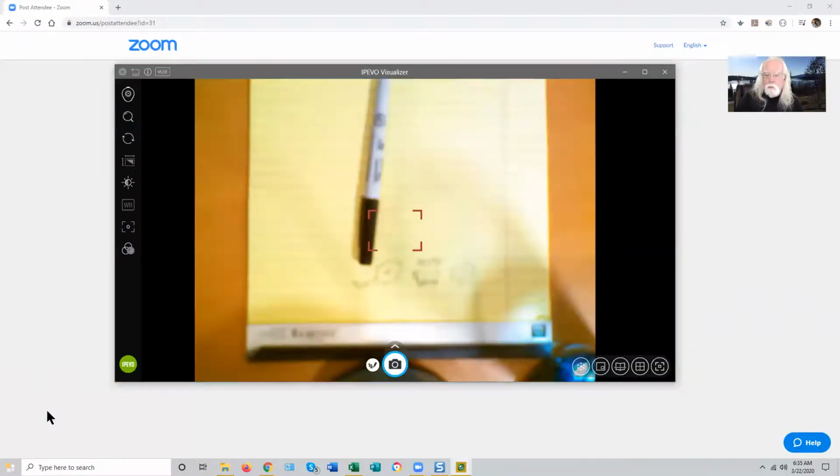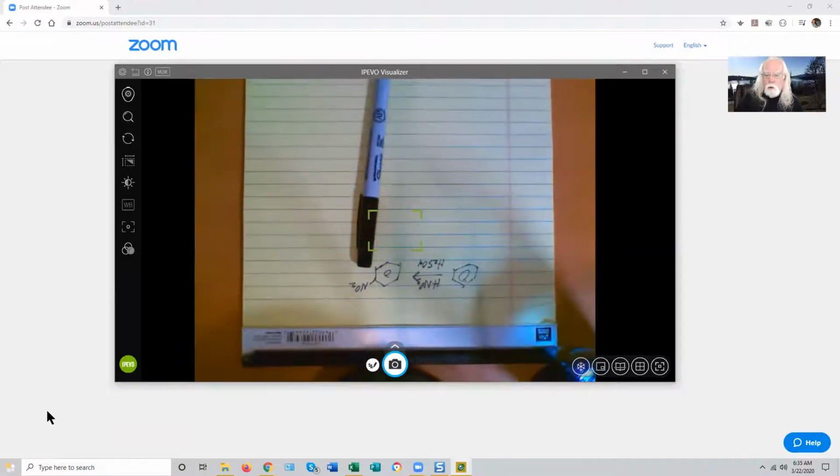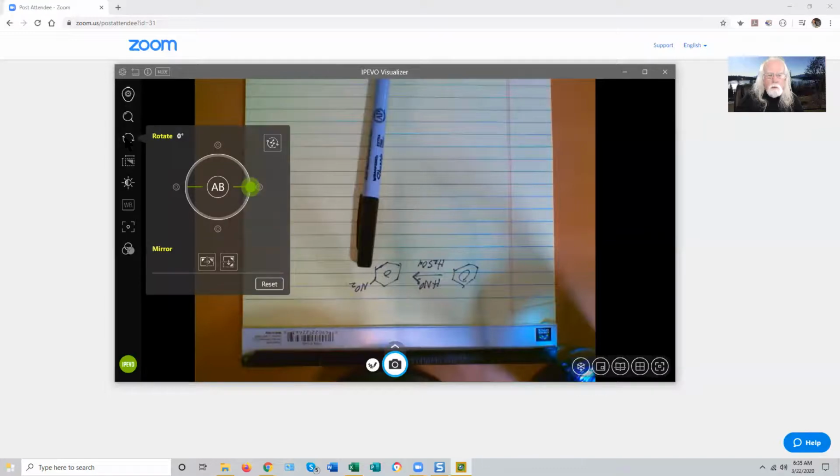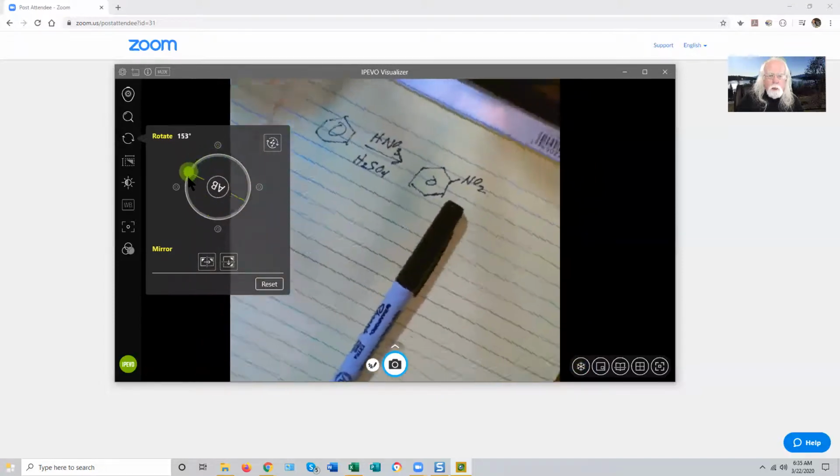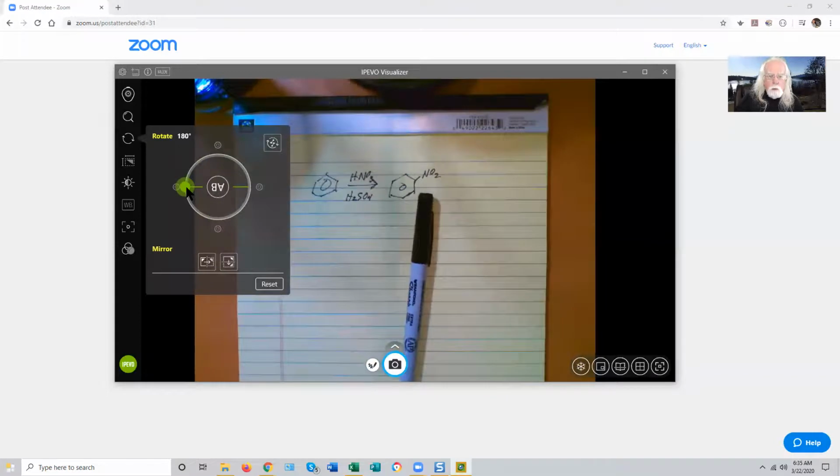When that software loads, you'll see on your screen what the document camera is seeing, but the image will be upside down and inverted due to the simple lens in the document camera, but the Visualizer software can fix that. Simply go to the little icon with the circle with the two arrowheads in it, which is labeled Rotate and Mirror. Click that tool, and then just drag this green dot around from the 3 o'clock to 9 o'clock,